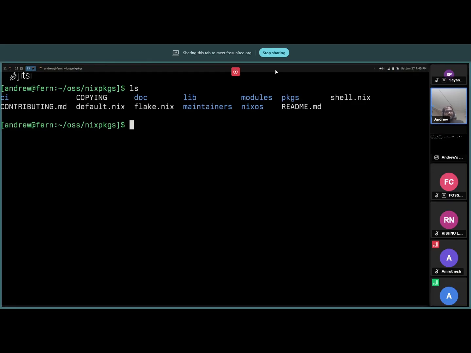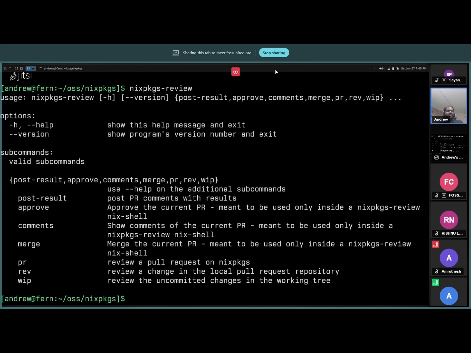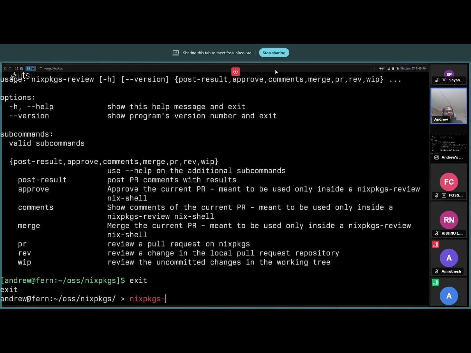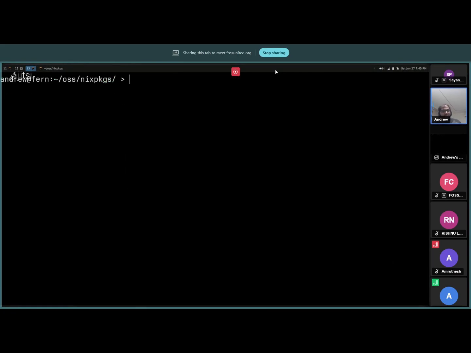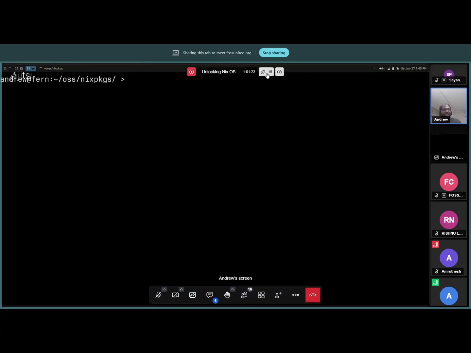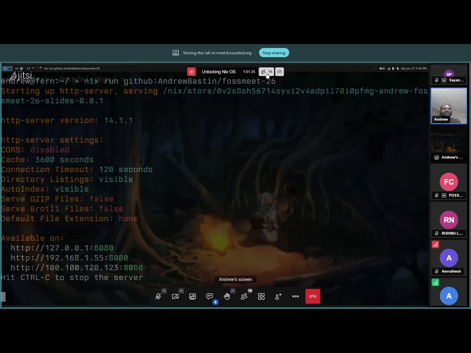For example, for us Nixpkgs reviewers, we get stuff like nixpkgs-review, which is a program for us to review. It's not an application that's there in my computer, right? So really cool. Everyone gets on the same page. We don't need to communicate or sit back and forth. It's so much smoother to do it in Nix. It's a really cool thing which you can do.